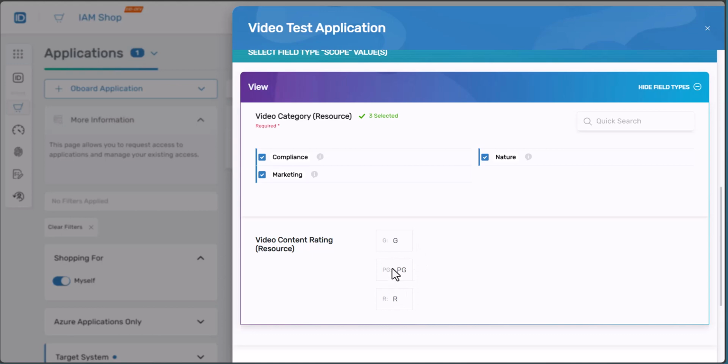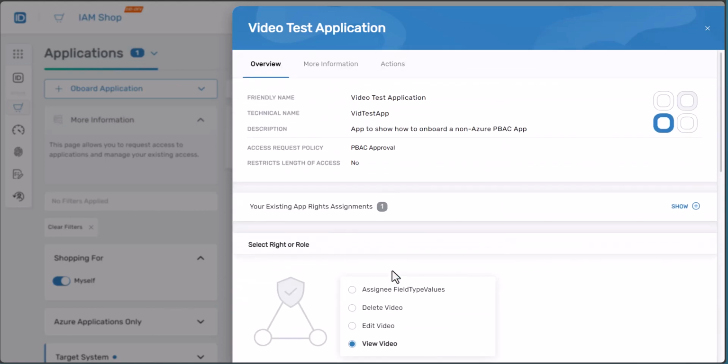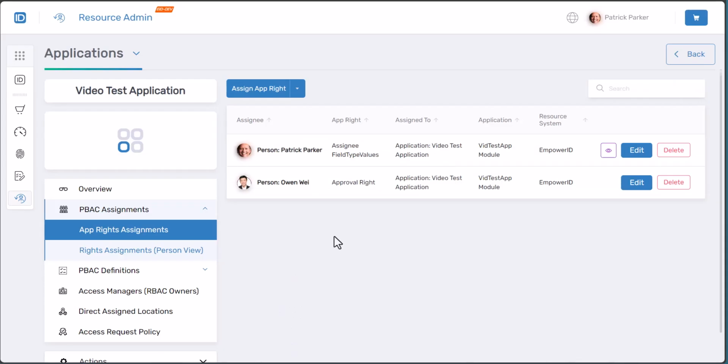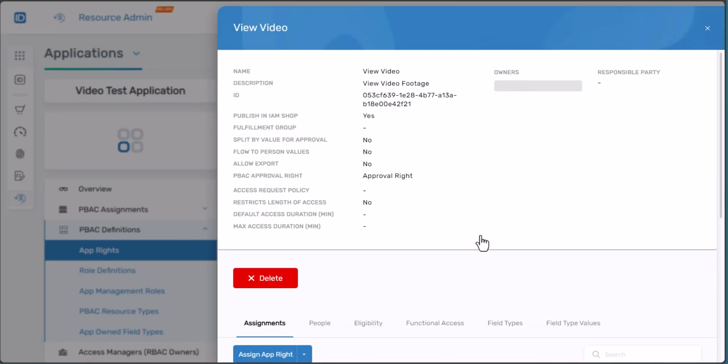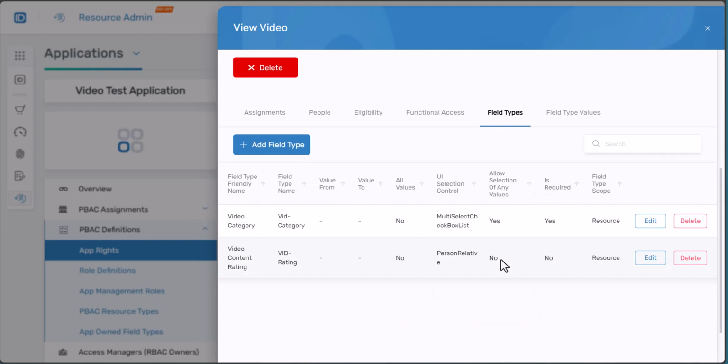So it's always up to date, basically. It's more of a real-time type of decision. So I hope this helps. This is one of the more complicated topics, but again, just to review, on a write you can have field types that are person relative, where you're not picking the value during assignment. You're saying, okay, in this case, the video is going to have a rating, and that person better have that rating as one of their values in order for them to be able to